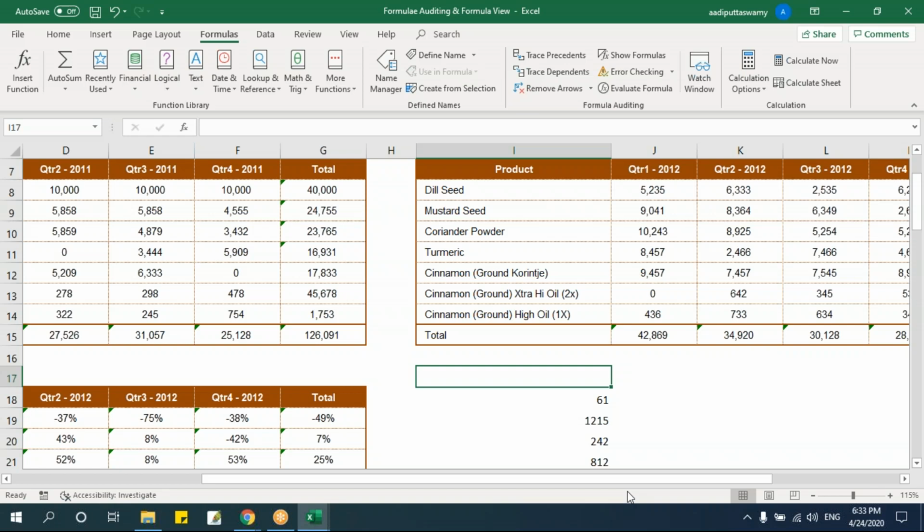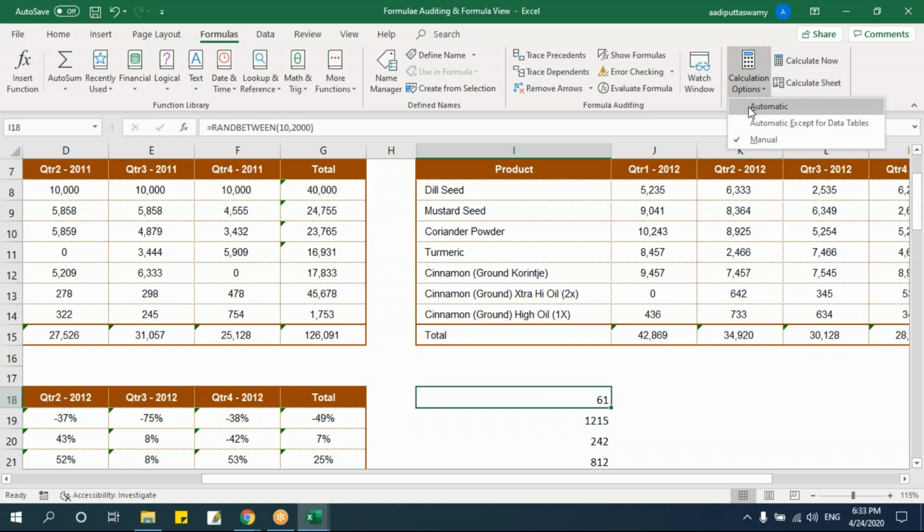So instead of that, I'll go here, change that to manual, and copy all the 12 different columns of data from different files and put them into my template. Now the calculations are not happening. After doing the copy and paste, I'll go and say automatic, because the calculation should happen once. All the calculations depend on these 12 columns. Once pasted, if I say automatic, it will refresh at once. Otherwise it will refresh 12 times.